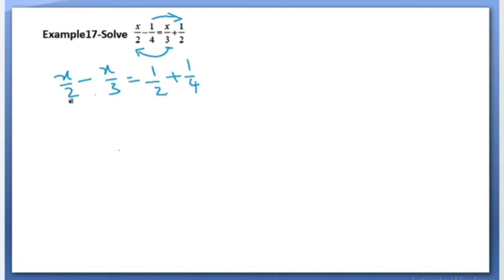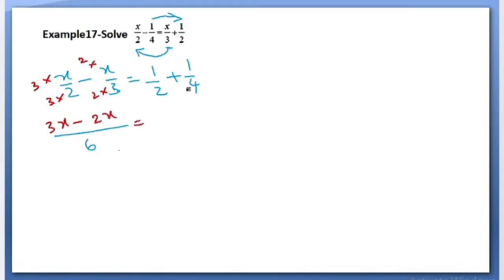Now x/2 and x/3 are unlike fractions, so to convert the unlike to like fractions we need to do the LCM. The LCM of 2 and 3 we are getting is 6. Then convert the unlike fractions to like fractions. 2 times 3 is 6, so the numerator also multiplies with 3, that is 3 times x, that is 3x minus. In the next, the denominator we have is 3, so to convert it to 6, 3 times 2 is 6, so the numerator shall multiply with 2, that is 2 times x.